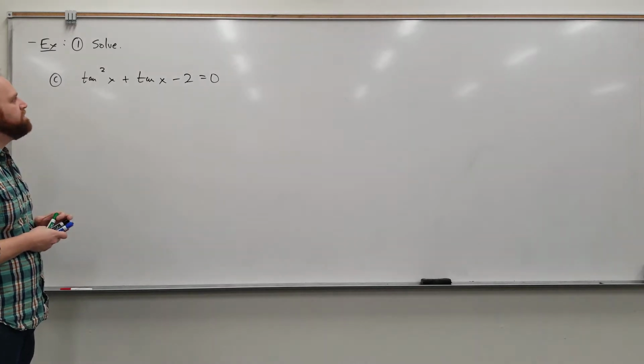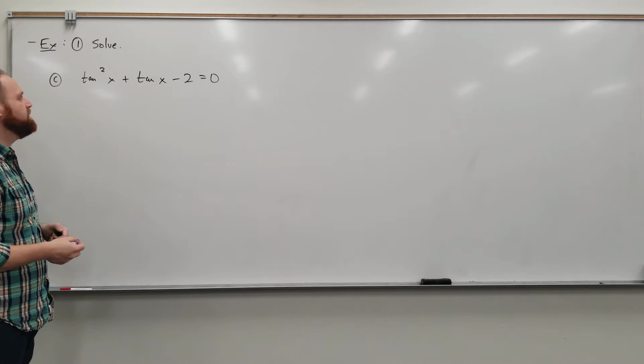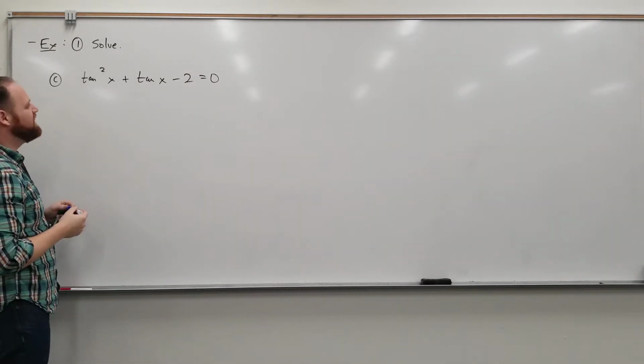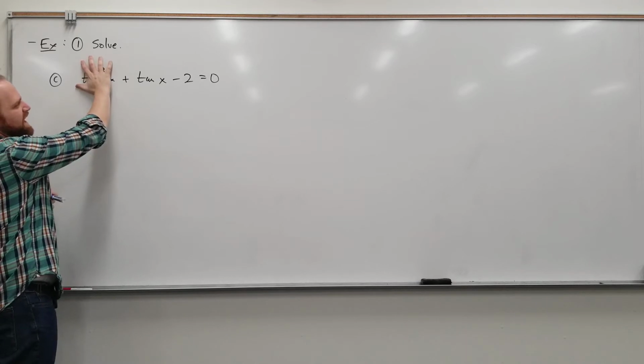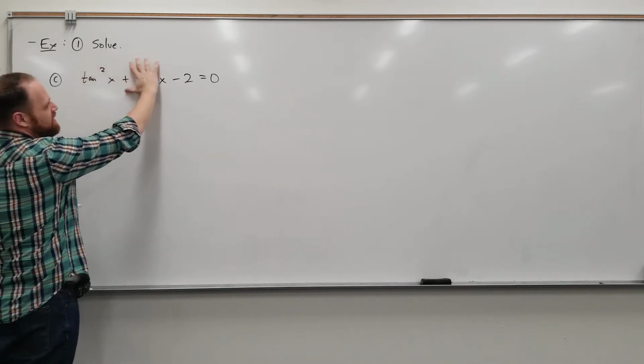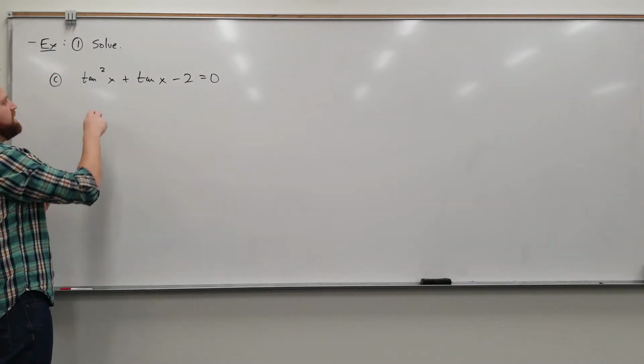So the idea is that we want to try to factor this thing, okay? If you squint at it just right, you can kind of see that this is basically like an x squared, and this is basically like an x. So we have x squared plus x minus 2, right? So if I'm trying to factor that,